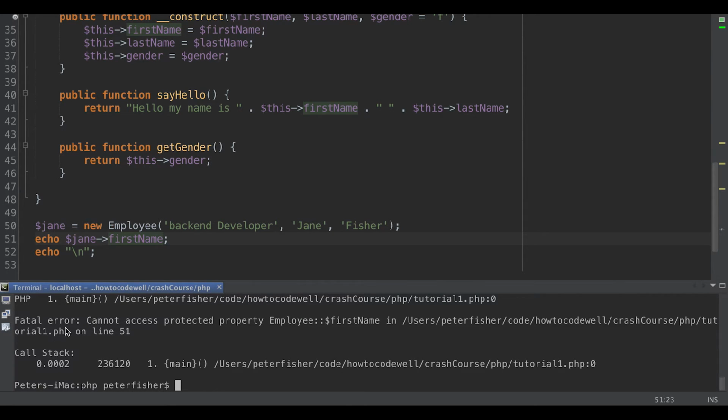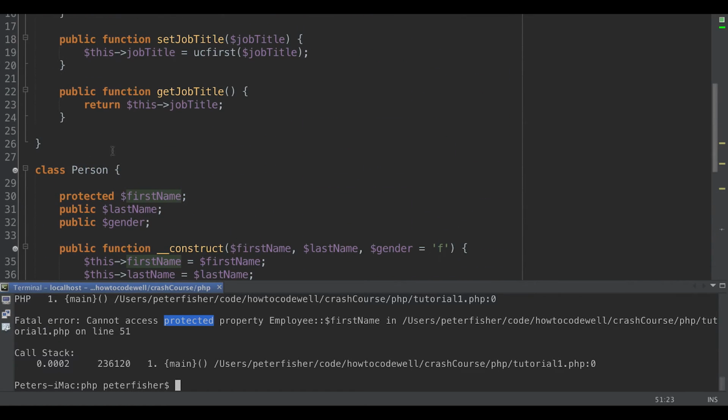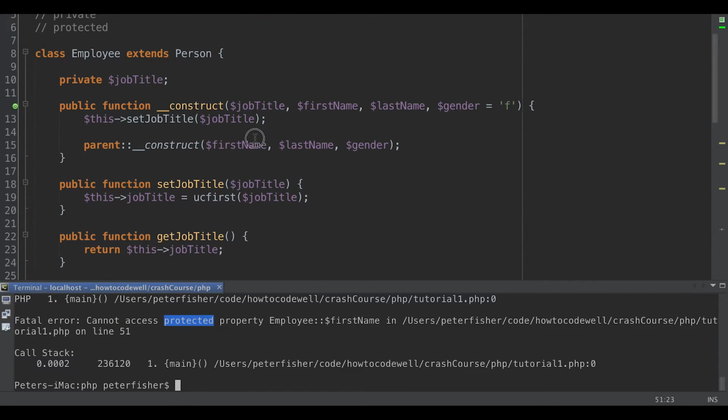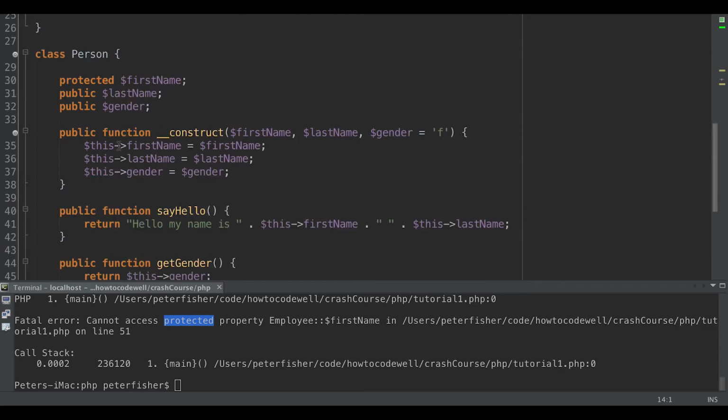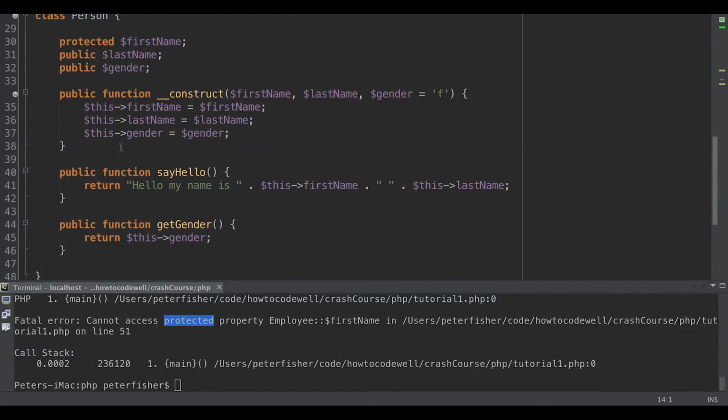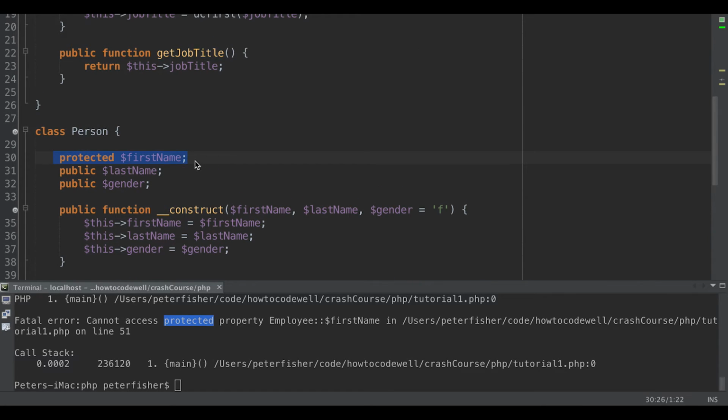The error we have here is, again, we cannot access a protected property, employee first name. However, we can access this from the inheriting class. So we can do, for example, this first name. We can actually access the first name from the employee class, but we can't access it from outside of the scope of the classes, so from here, for example, and therefore we're ensuring that this first name property